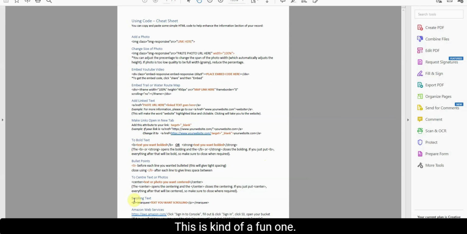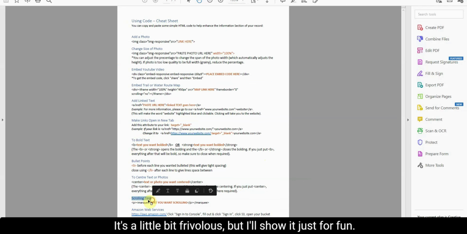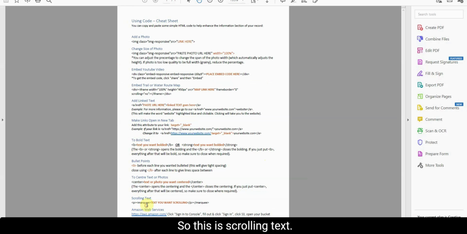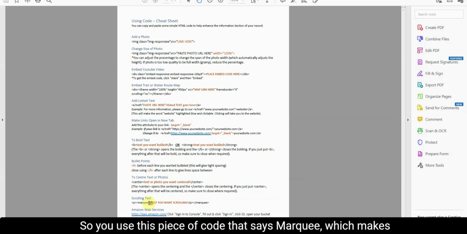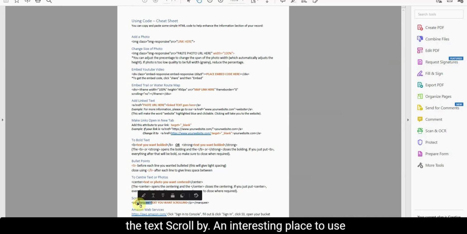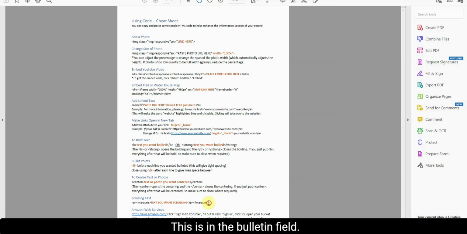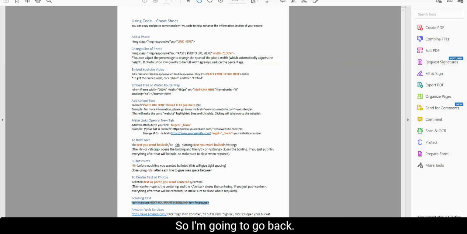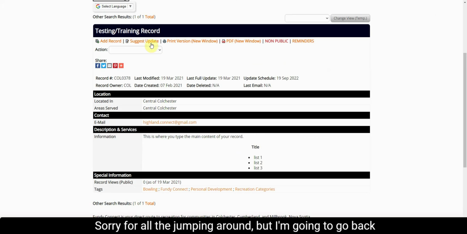This is a kind of a fun one. It's a little bit frivolous, but I'll show it just for fun. So this is scrolling text. You use this piece of code that says marquee, which makes the text scroll by. An interesting place to use this is in the bulletin field. So I'm going to go back, sorry for all the jumping around,